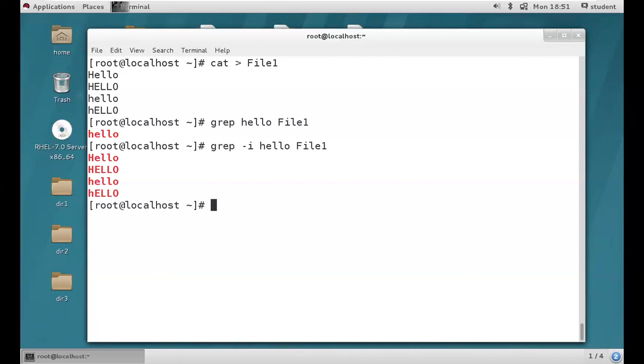It's a very useful option in real time. We'll have multiple servers, guys. Thousands of servers you'll have. You're going to log in to your application, some different kind of application. You are trying to access those servers, right? At that time, your server names will be in capital letters, a few servers will be in small letters. And easily we can filter with the help of this. File content also. Maybe you'll have some file content. You can filter the file content wherever you want, you can use it. Because this is grep, right? Global regular expression print. So wherever you want, you can use it in your operating system.